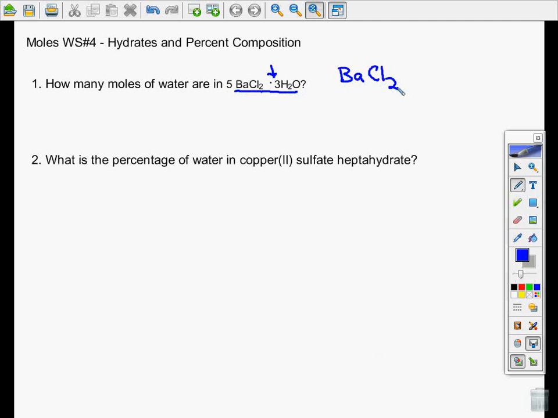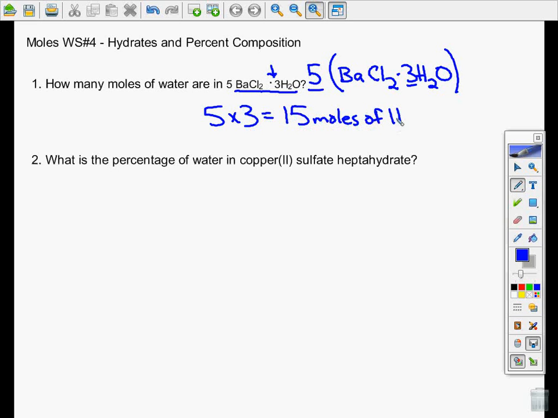You can think of it like this. The coefficient in front of the water just tells us how many waters go with each barium chloride in this case. So if I now have 5 barium chlorides, I would then have a total of 5 times 3 waters. Don't write the parentheses when you do your homework, but you can think of it like this: I have 5 of the barium chloride trihydrates, so 5 times 3 waters for each one gives me 15 moles